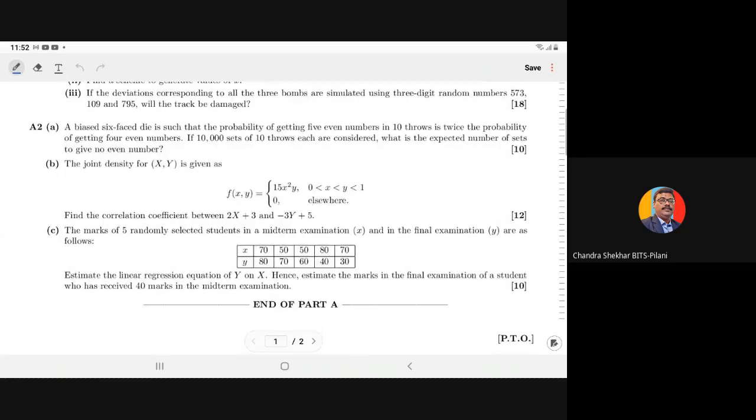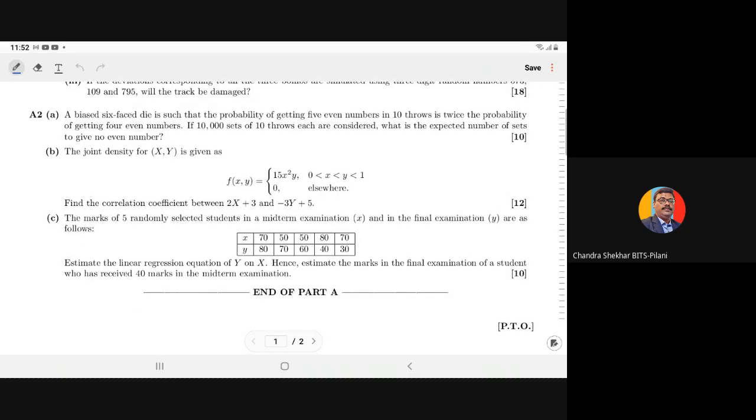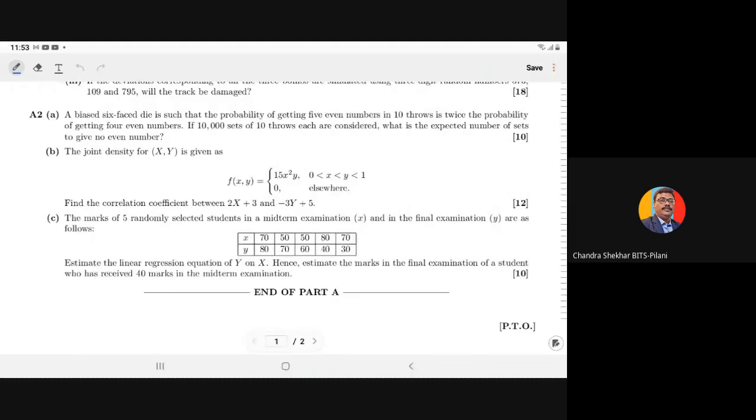Now let us move to question number A2. So there are three parts. Part A: a biased six-faced die is such that the probability of getting five even numbers in 10 throws is twice the probability of getting four even numbers. If 10,000 sets of 10 throws each are considered, what is the expected number of sets to give no even number? So here,